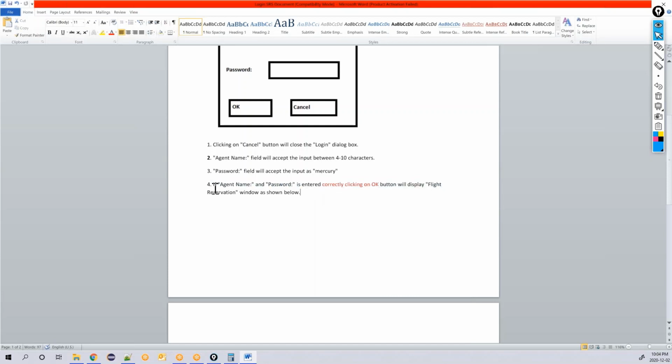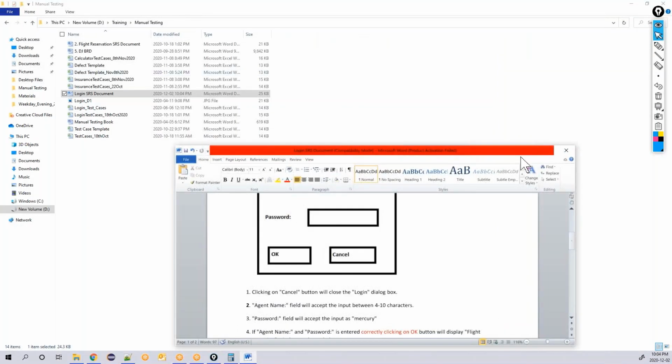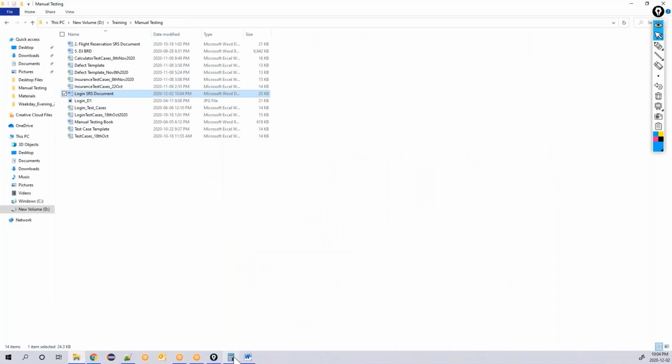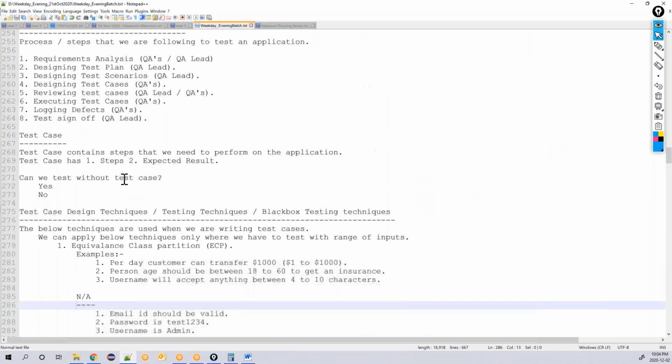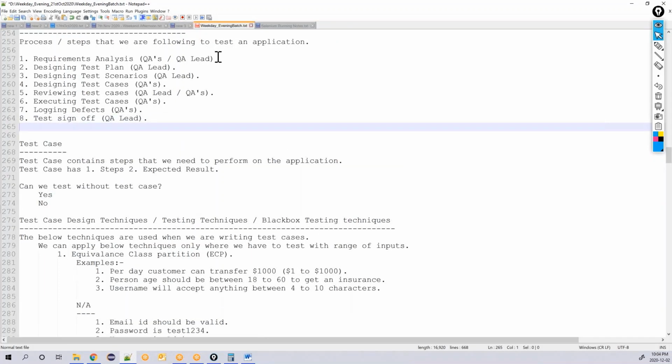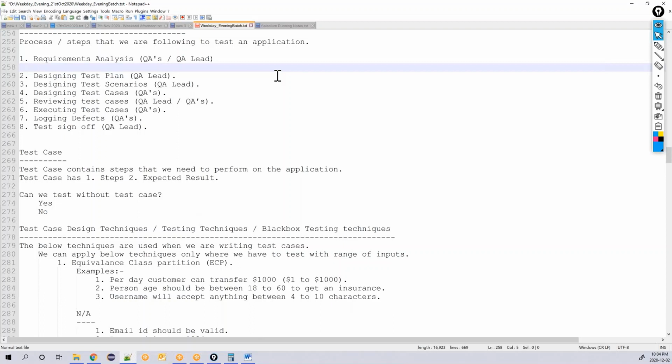Suppose you know that there are some mistakes in the requirements. That is called, in requirement analysis terminology, gap analysis.